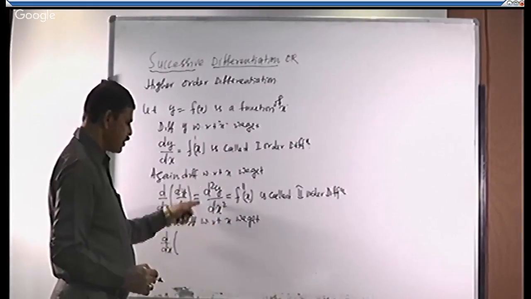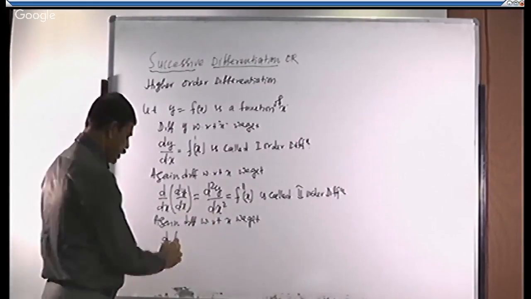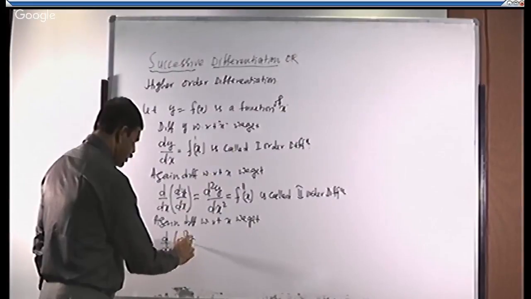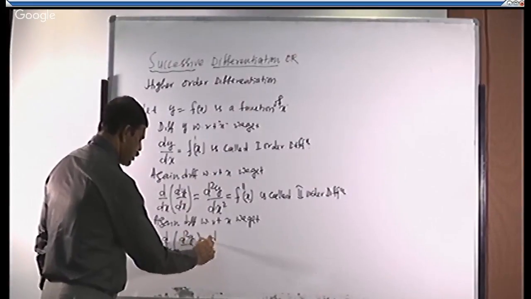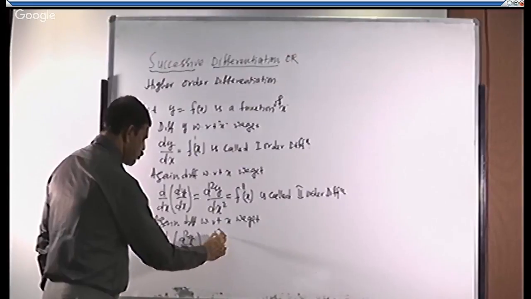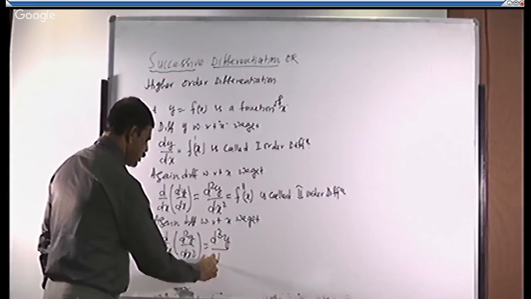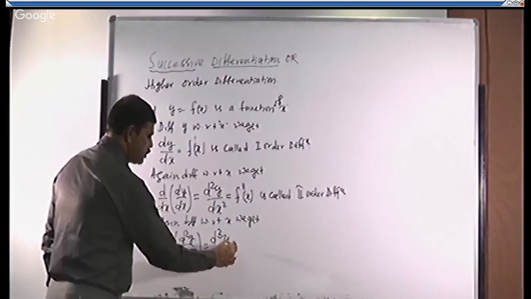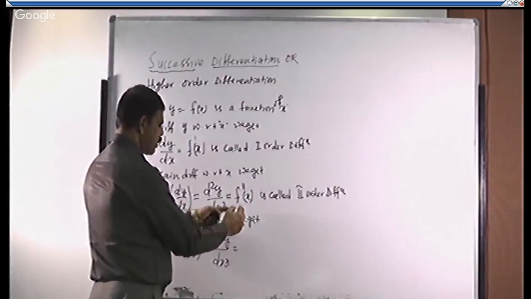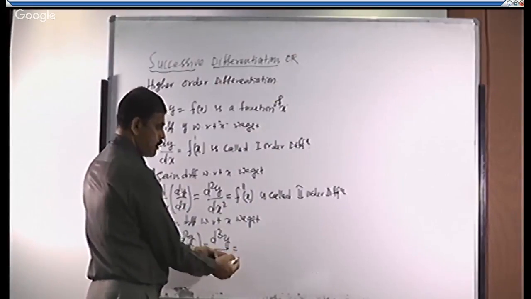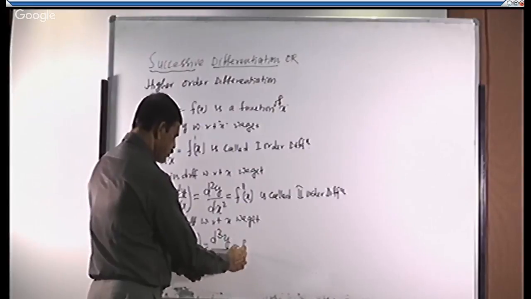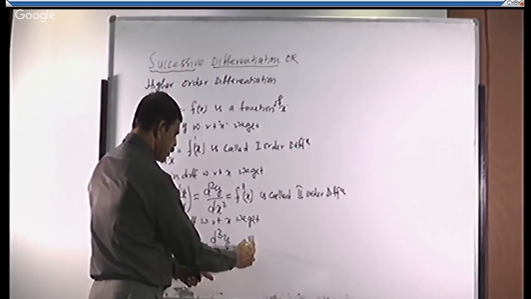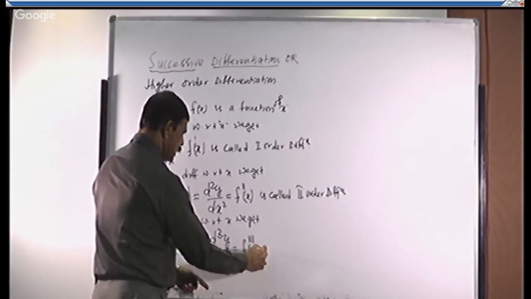We are going to differentiate d square y by dx square. We will get d cube y divided by dx cube. Suppose the derivative obtained here in the third stage, if it is a function, I will take it as f triple dash x, is called